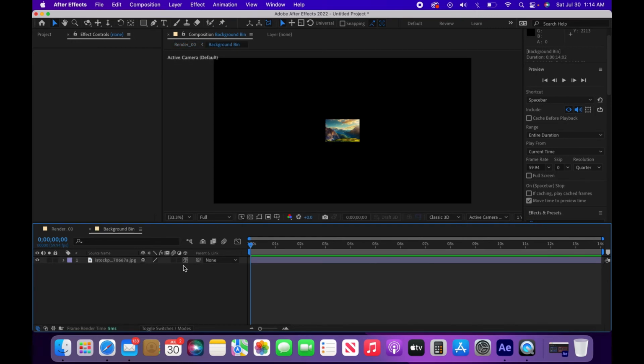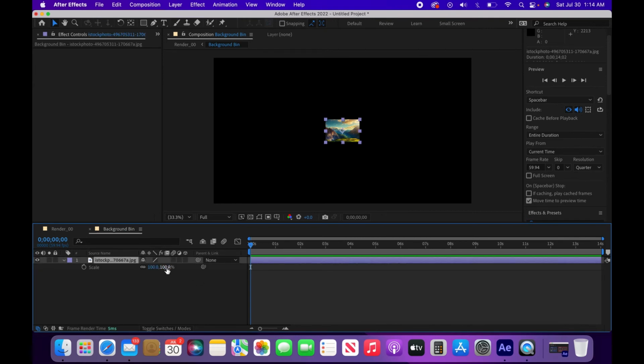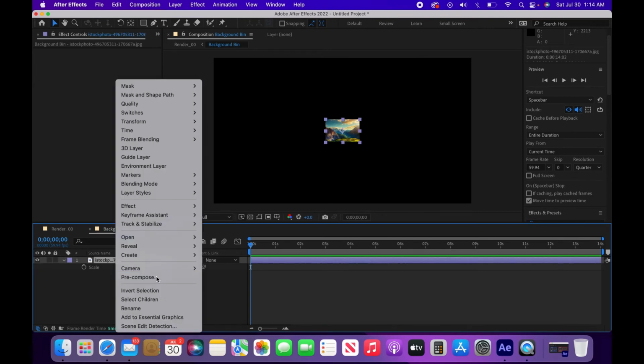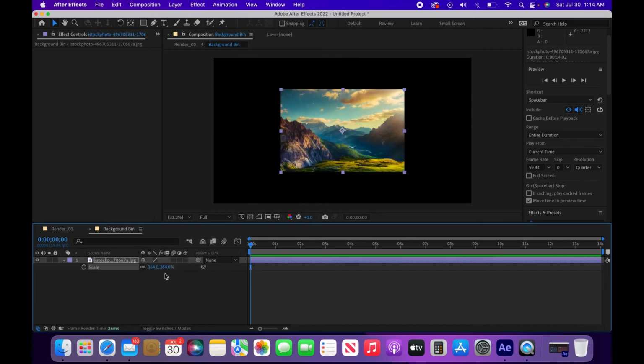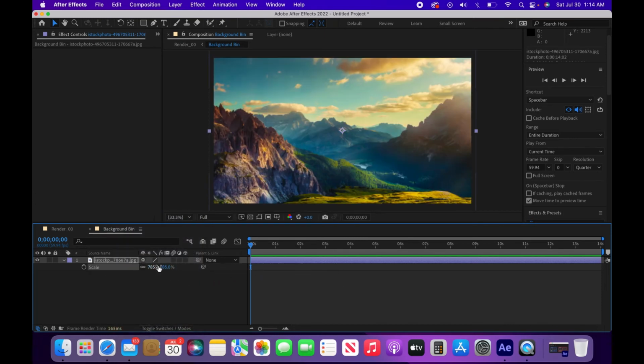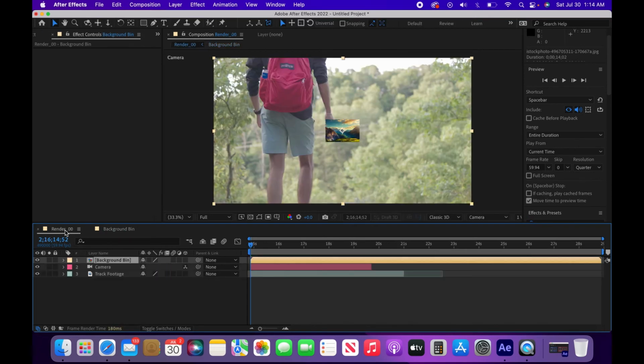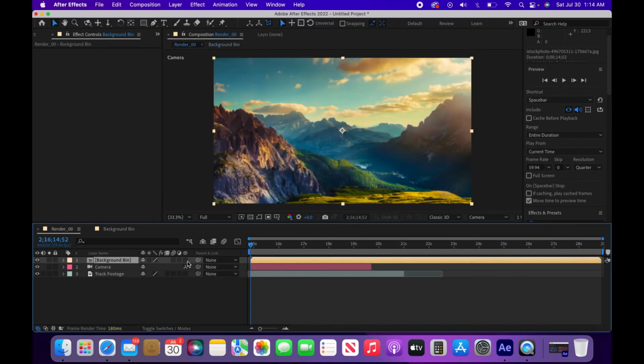So let's go back in here. Let's not make this 3D. Scale it up. I think there should be a fit to, I don't know, it's not that important. Let's just scale this up to right there. Sure, sounds good. Go back to our render comp, and then you're going to want to, on your background bin